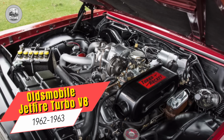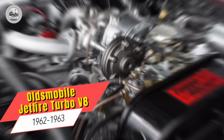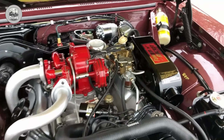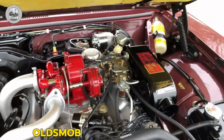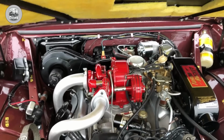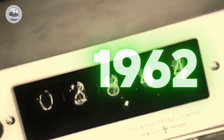(1962 to 1963) Oldsmobile Jetfire Turbo V8. What do you get when you mix a compact Oldsmobile with turbocharged power and a splash of mysterious turbo rocket fluid? You get the Oldsmobile Jetfire Turbo V8, one of the strangest and most groundbreaking engines ever created by GM. Introduced in 1962, this was America's first turbocharged V8 in a production car, and it was as exciting as it